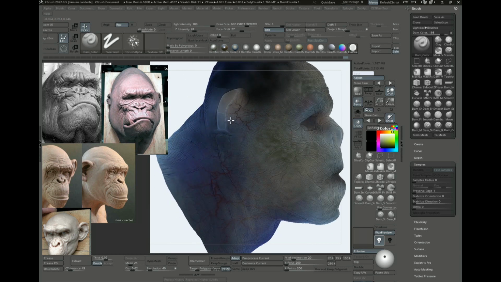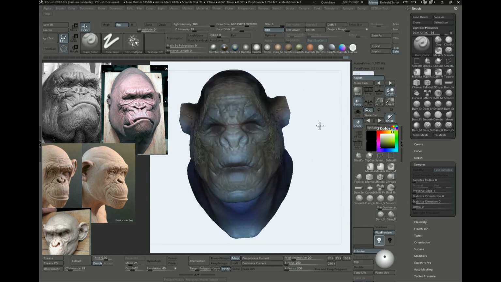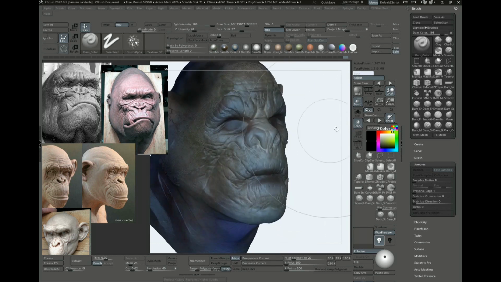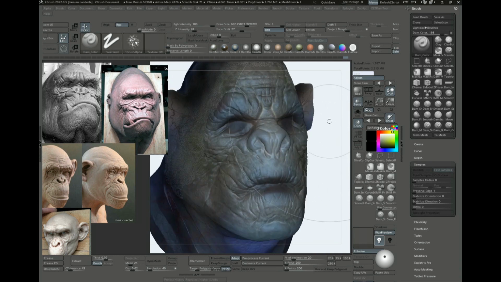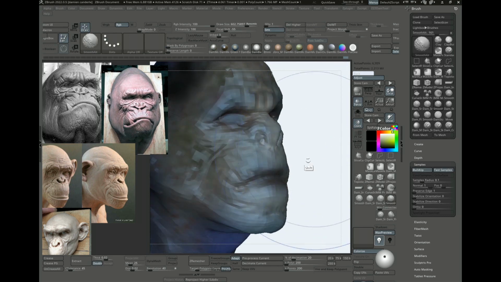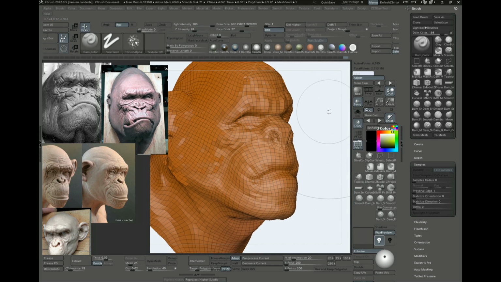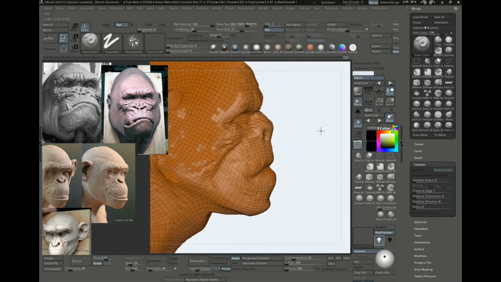Okay, so let's say I have not much time. Let's say I'm totally happy with this model. I did all I wanted. I am happy with the modeling. I'm happy with the diffuse. Now I need to get this model into my main 3D package for animation and rendering. What I will do, I will export this model. This one will be animated, but I need to export also my texture. So for that, I need to create some